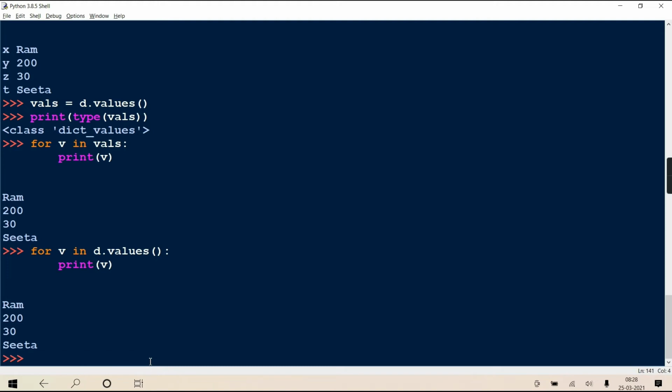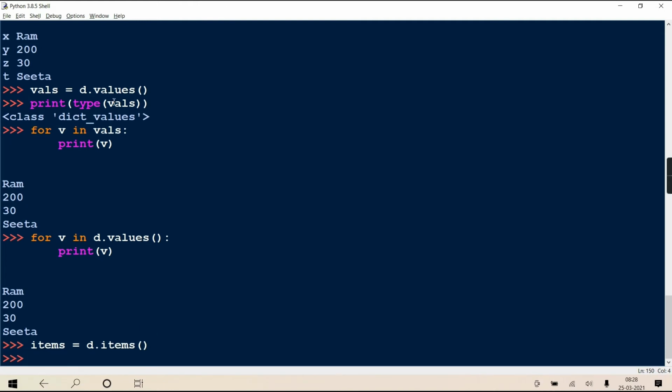Next. Now there is one more provision given. The third provision returns all the key value pairs also, called d dot items.